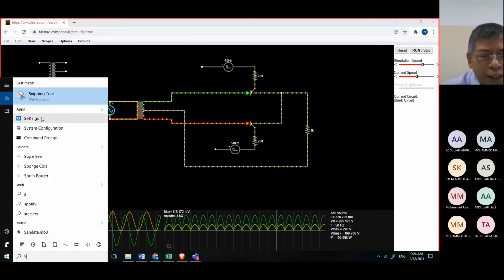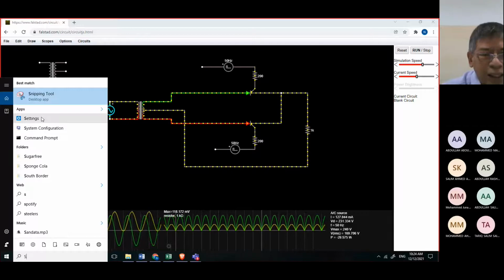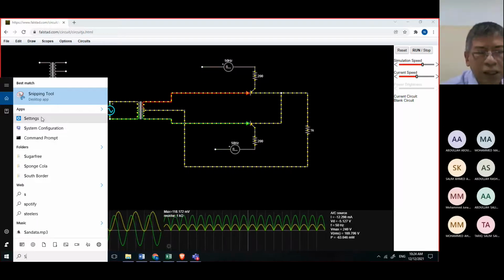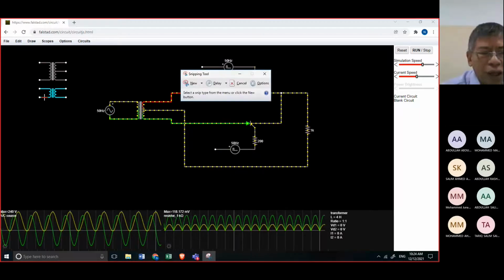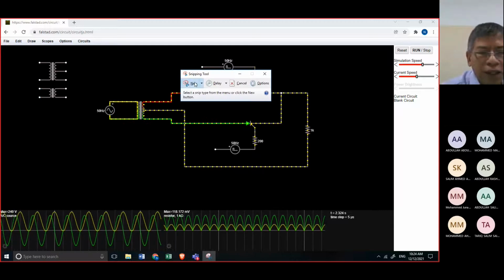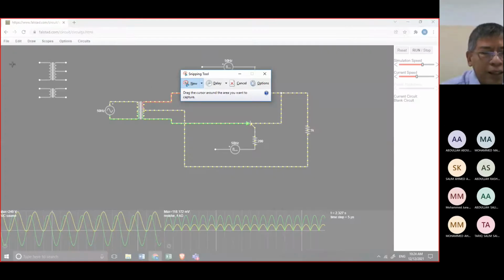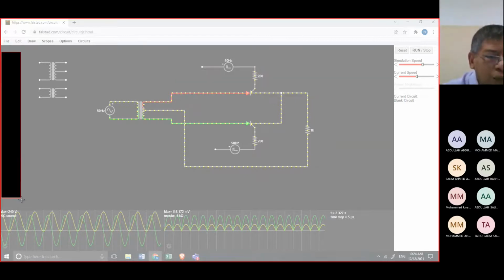If you do not do it again in experiment number 3 and also in experiment number 4, I will cut your mark if you do not follow what is required. Here, I want you to see that there is a 240 here, and then the output also. Using the snipping tool, you will cut, because I want evidence.